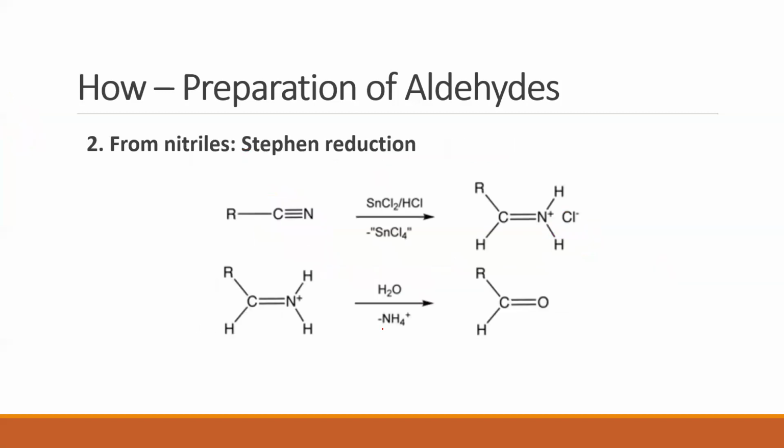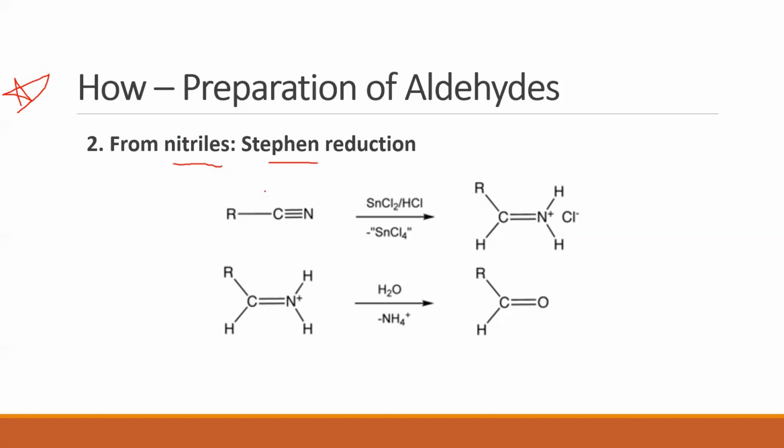The second compound which we use to prepare an aldehyde is a nitrile. Now, what is a nitrile? Nitrile is the IUPAC name given to cyanides. We are very familiar with cyanides. Here we are looking at the IUPAC name, which is a nitrile. This reaction is also given a name, Stephen's reduction. Again, since there is a name associated with this, it's a very important reaction.